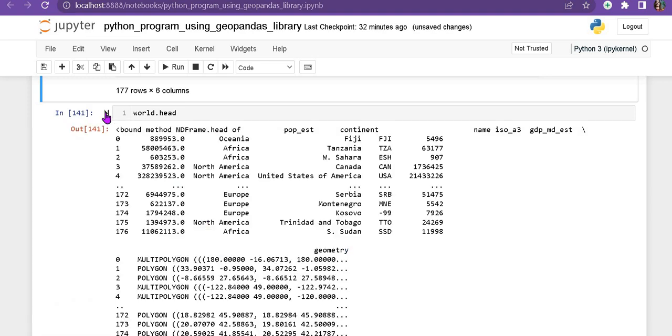Now this is the head. It means 5 rows. It shows the first 5 rows, and it also shows the tail. I am not using the tail. Tail means the last 5 rows. So it shows both the first and last rows, and also